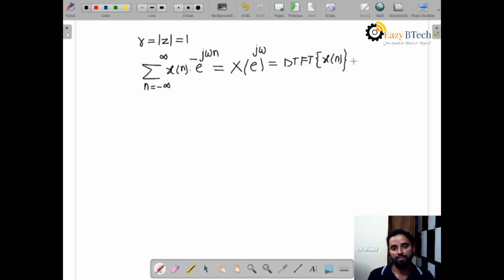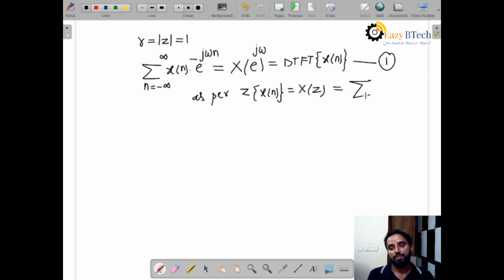Discrete time Fourier transform of x of n. Take this as 1. The R value we have taken as 1, so the magnitude of Z is 1. Now, as per the Z transform formula, the Z transform of x of n, X of z, is equal to the summation from n equals minus infinity to plus infinity of x of n z power minus n. Take it as 2. So by comparing 1 and 2,